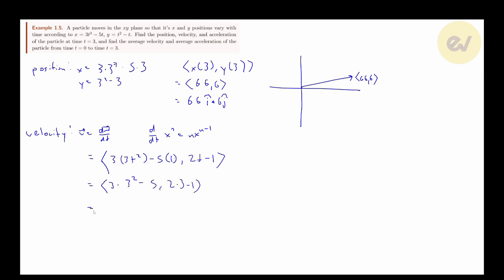And if you compute this, this turns out to be 76, or sorry, there should be an extra 3 here. This turns out to be 76, comma 5. Or you can write it with i hat and j hat. For the acceleration,